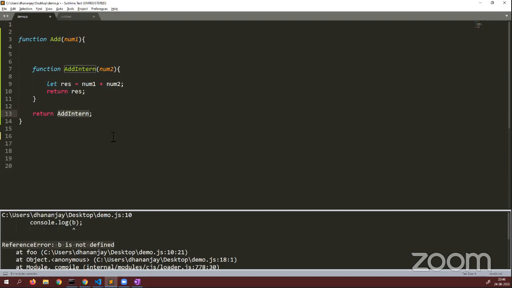Here I'm returning another function from add. Now to return this function add intern, JavaScript has to create this function, and whenever JavaScript creates this function, it will remember the environment it was created in. All right, so now if you go and say var res equal to add and pass 7,